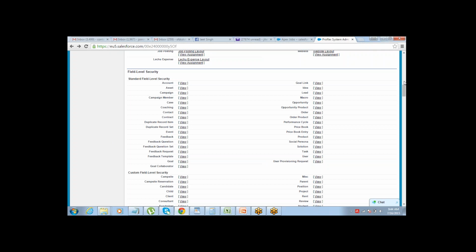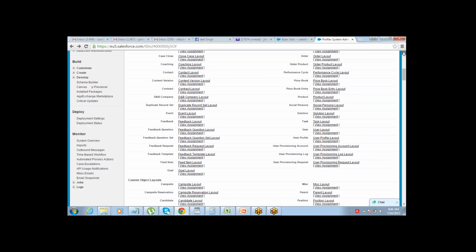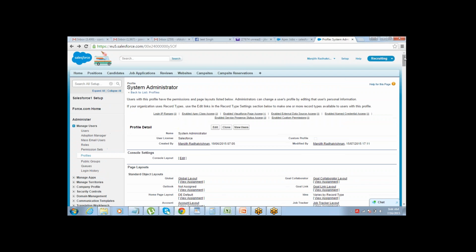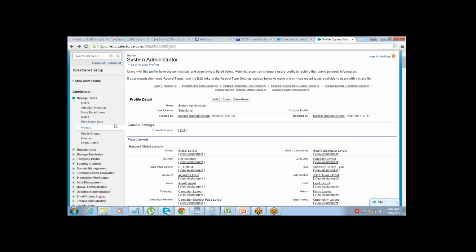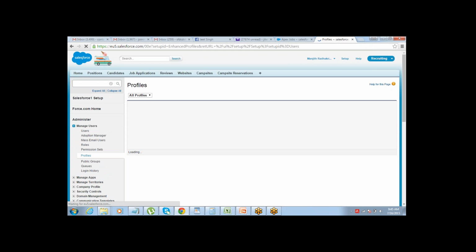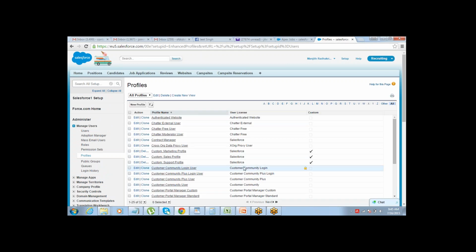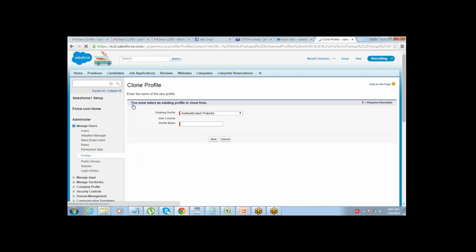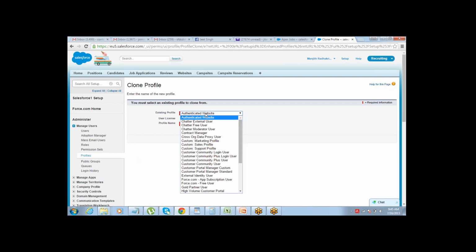So that's what we do with the profile. Now we have the standard profiles, and if you want, you can actually go and create a custom profile. If you feel that you're not able to manage with the standard profiles, then you can just go and create a new profile from here,